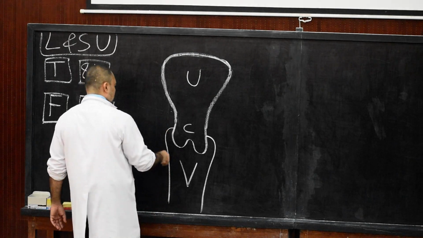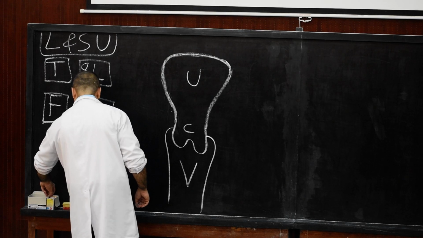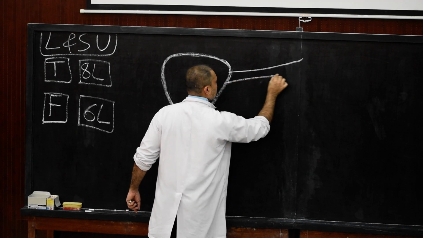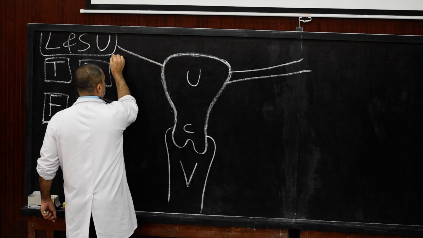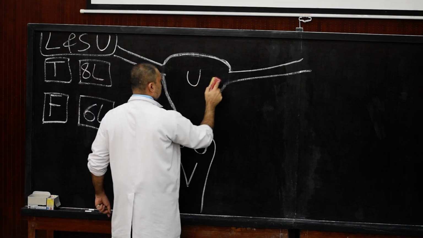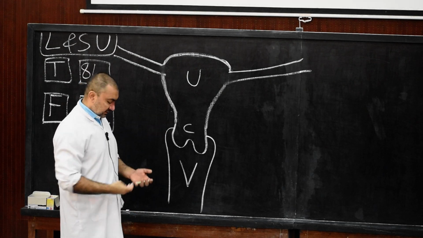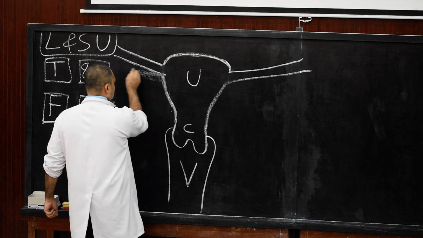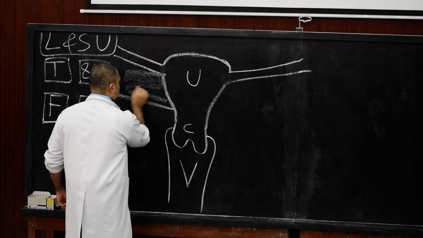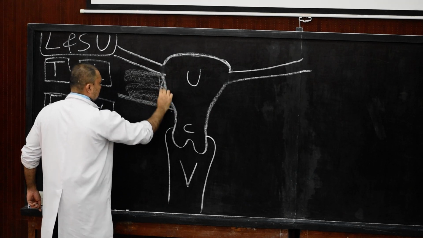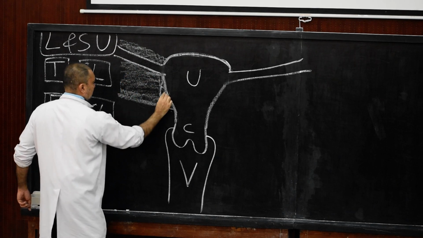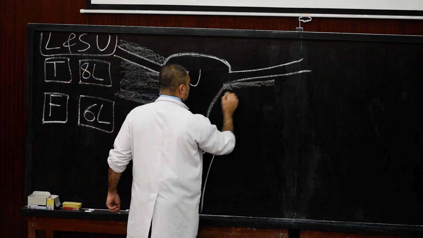Similarly we are going to show the broad ligament, and before we show the broad ligament we show the fallopian tube. Just draw this fallopian tube in this way, also called the uterine tube, from the lateral angle of the uterus. Similarly, we draw the entire structure over here as the broad ligament. This is the attachment of the broad ligament on the lateral wall of the uterus.